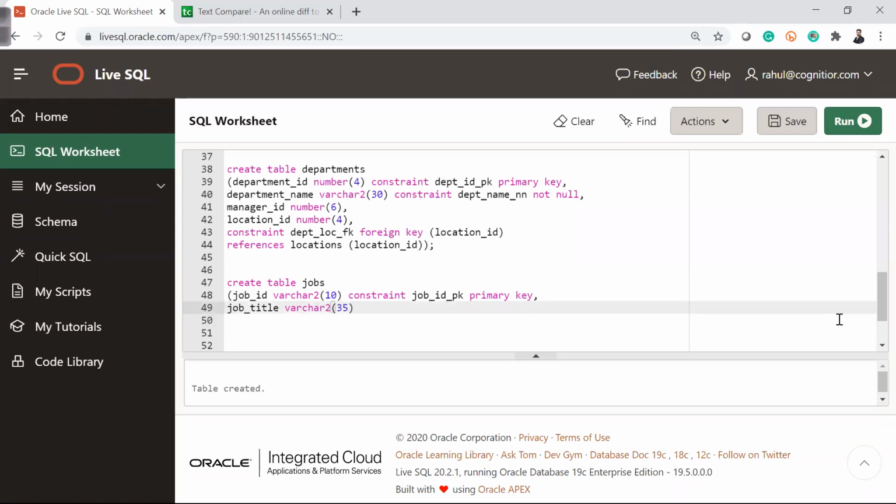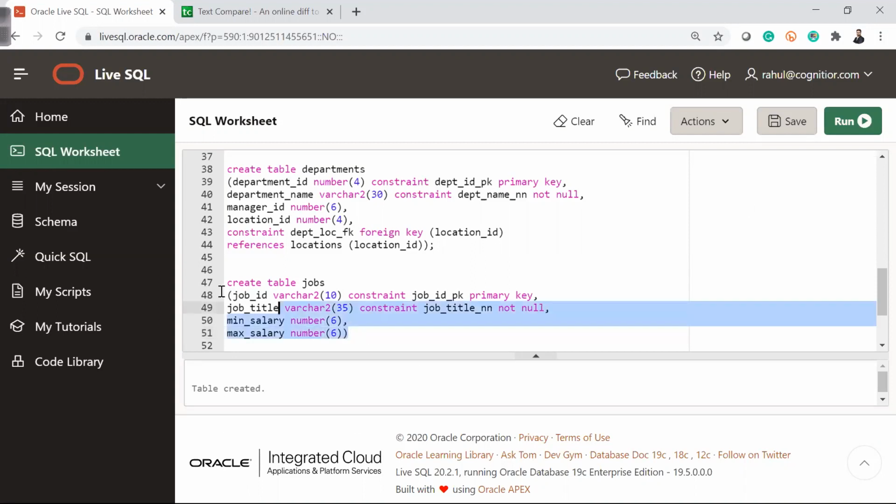And again, this I don't want as a null value, so constraint job title NN not null, comma, we have minimum salary number(6) and max salary number(6), right? This is what my table is. So this is the jobs table. Let's execute. This looks fine as well.